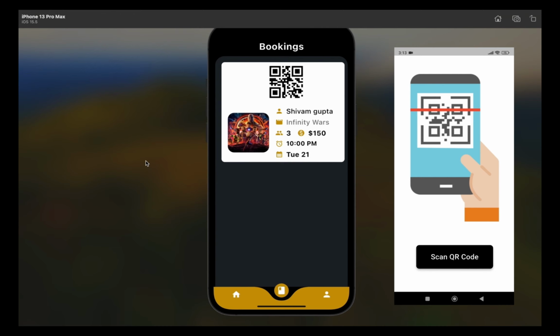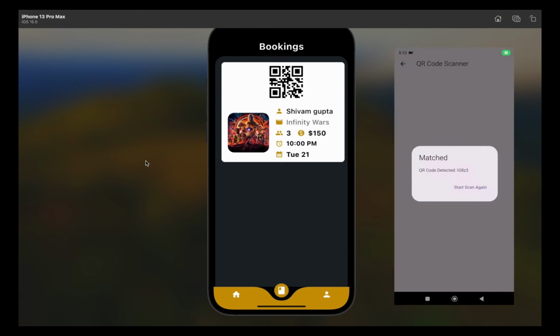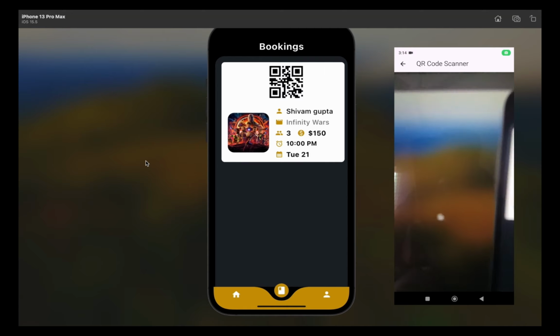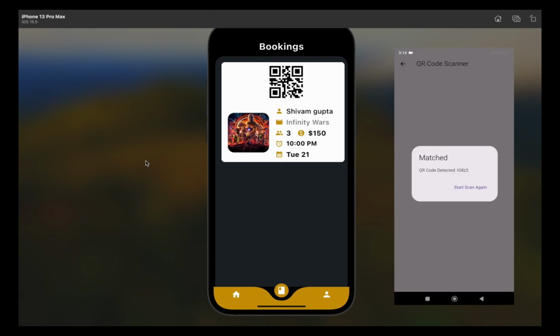Now I'm going to click this scan QR code button, and it will simply enable the phone camera, and you can see how quickly it detects the barcode and it simply says matched. So let me show you it again. I'll click on start scan again, and will simply move to the barcode, and yes, it showed it is matched and the QR code has been detected, and this is the unique ID that we have provided to